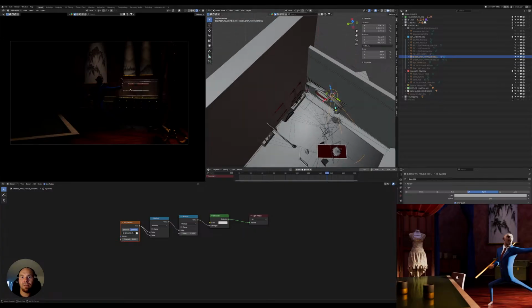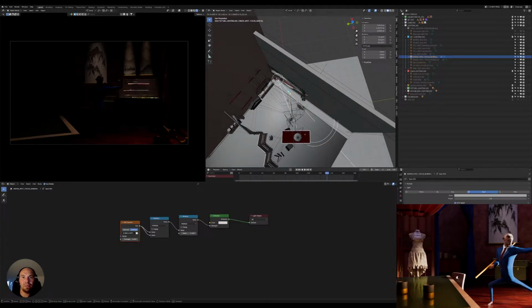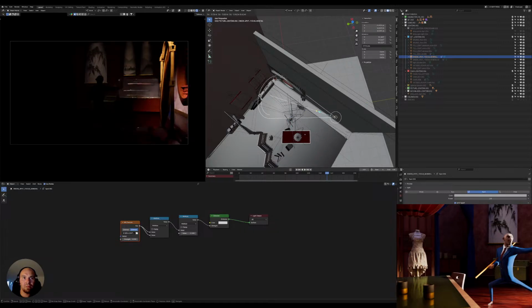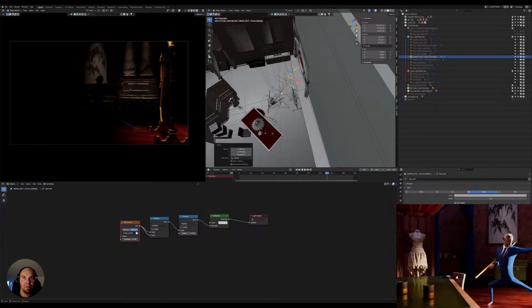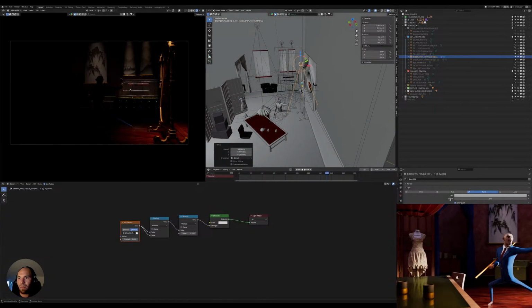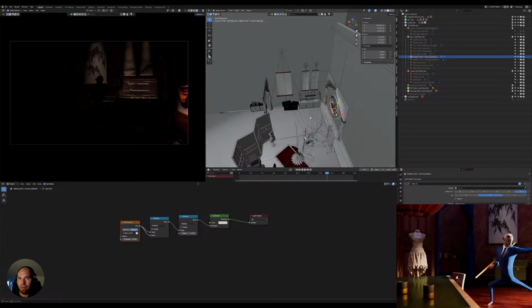Only I would like to add light onto the characters. Now it's currently tracking onto the mirror itself,